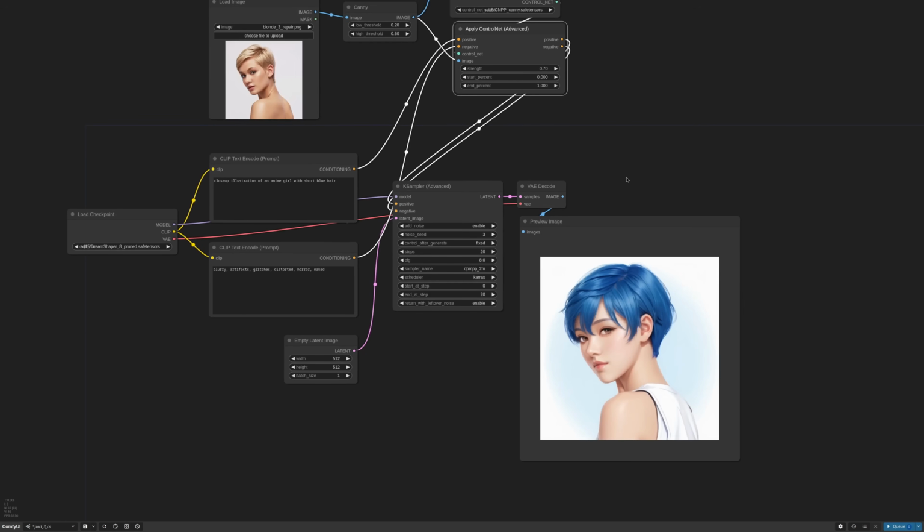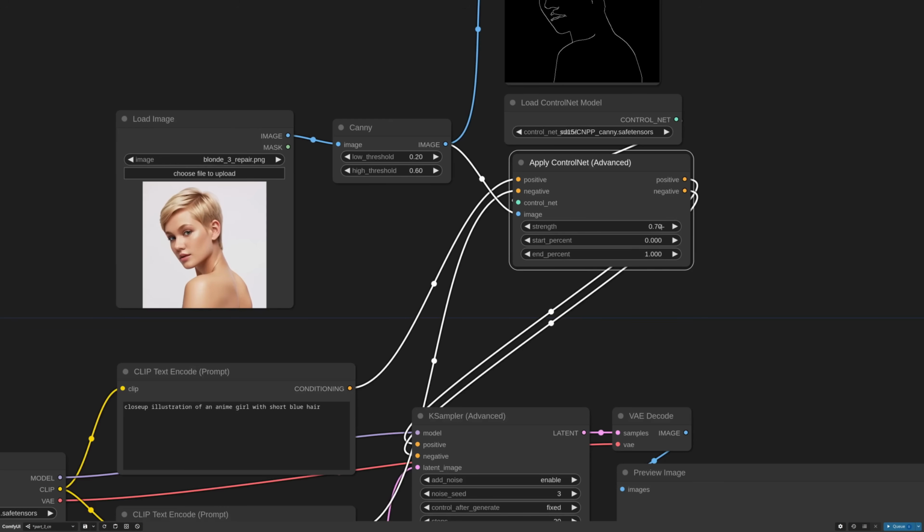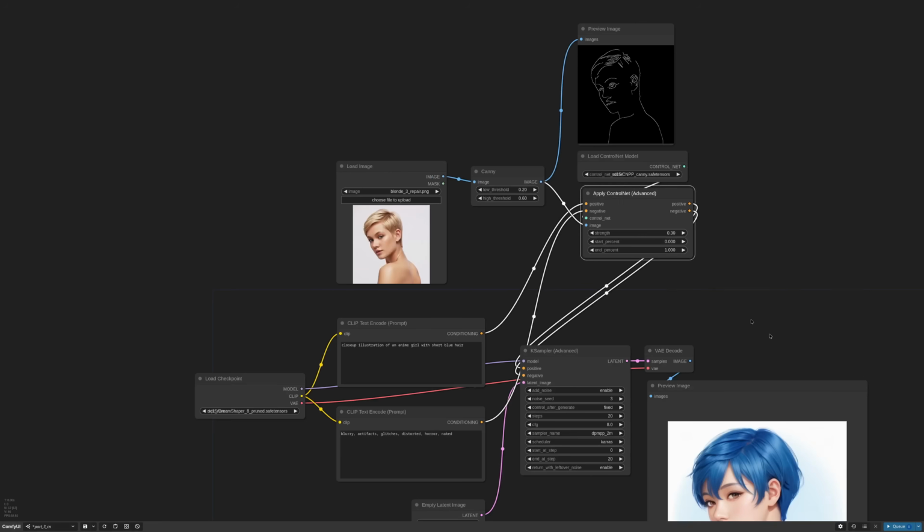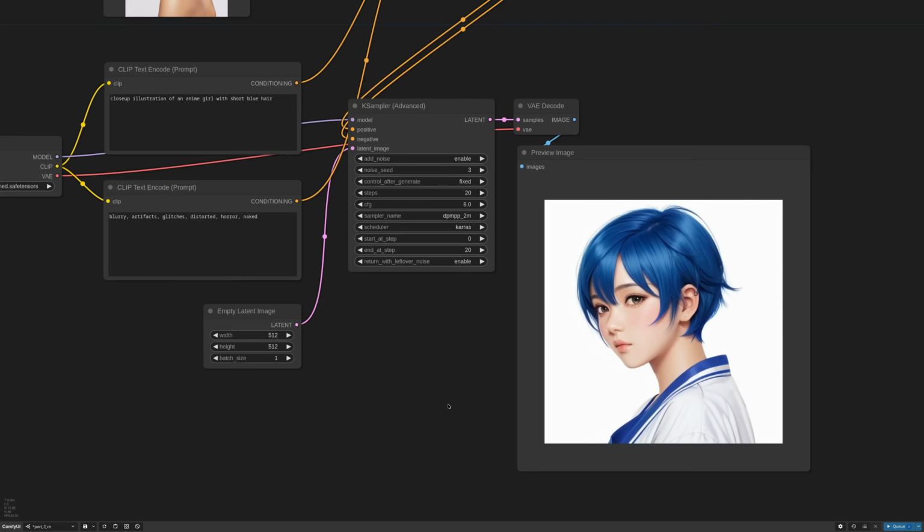The girl also got some of the features of the woman in the reference though, so if I want a stronger anime style, I can lower the strength quite a bit. And now the head position is more or less the same, but the generation follows the prompt better. The problem is that we lost the back and the shoulders position, and we can try to fix that by